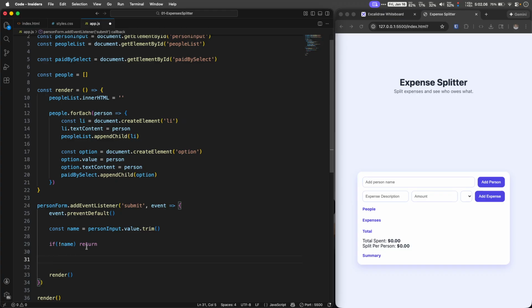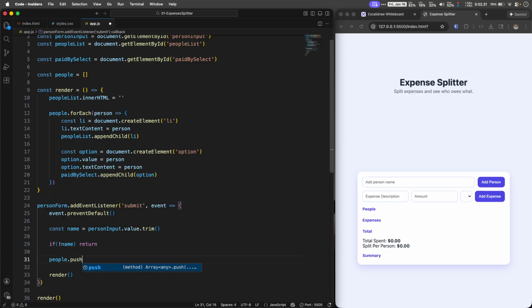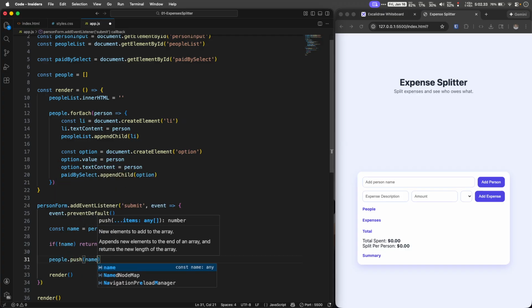If this is true in the if statement, there's not a name, just return. If there is a name, it will skip this and will do the rest. Doing it like this is called early exit, and it's just a better validation that we have. So we can just add people, push the name,